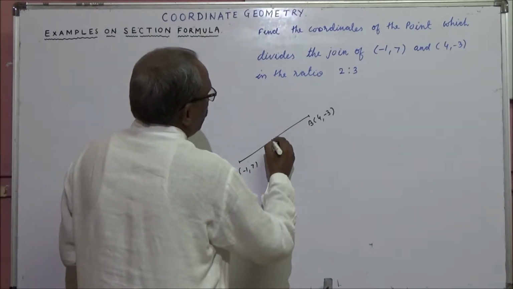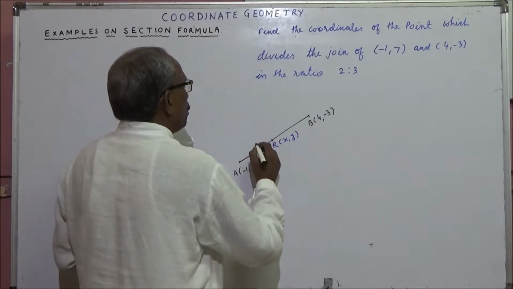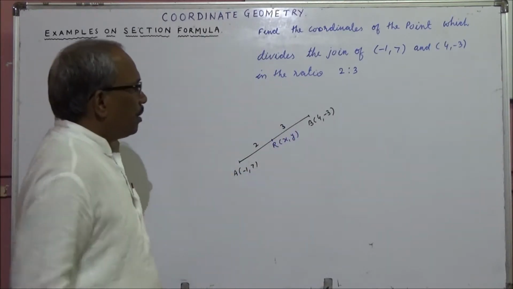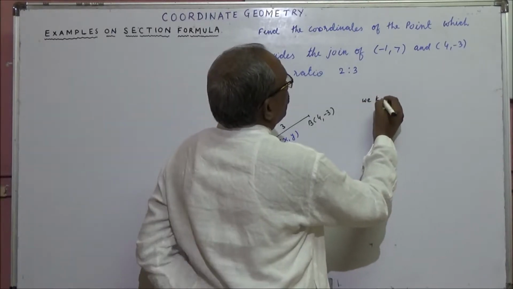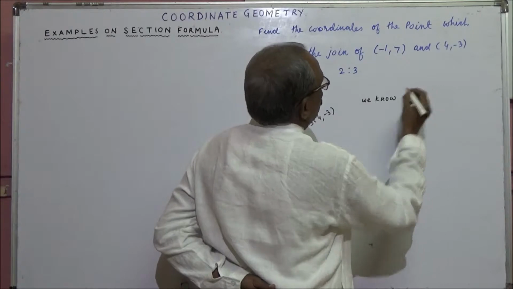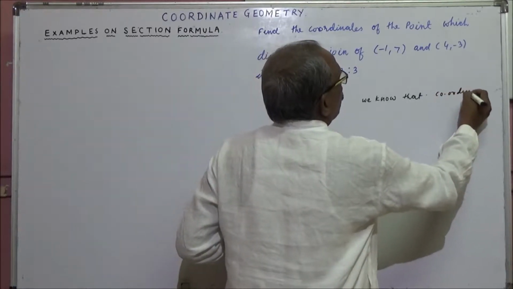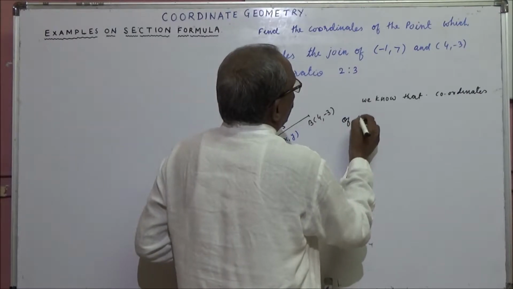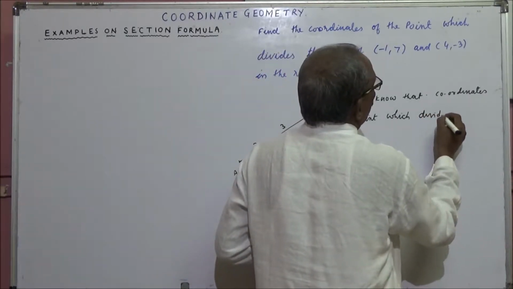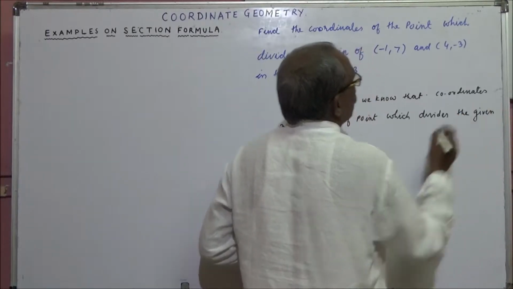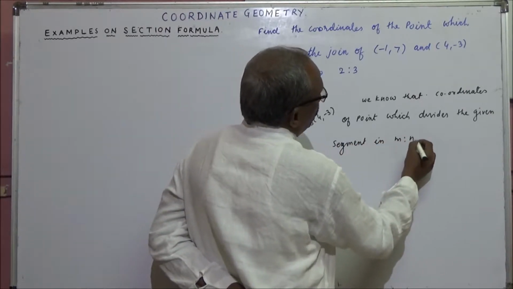Suppose here R is a point which divides the given line segment in the ratio 2:3. So we know that the coordinates of the point which divides the given segment in m:n ratio